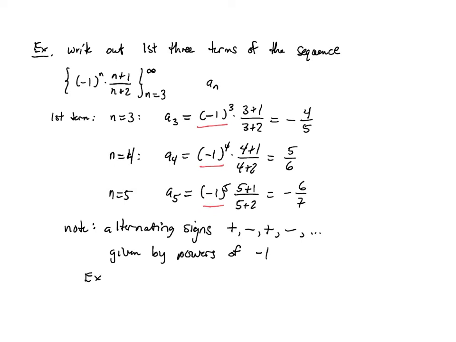Example 1 in the book shows a number of examples like this where you're given a formula for the sequence and you're asked to compute the terms of the sequence. On the other hand, you can be asked to find the formula for the sequence when you're given the initial terms of the sequence. So an example like this. You're asked to find the formula for the general term of the sequence that starts out with the following numbers: